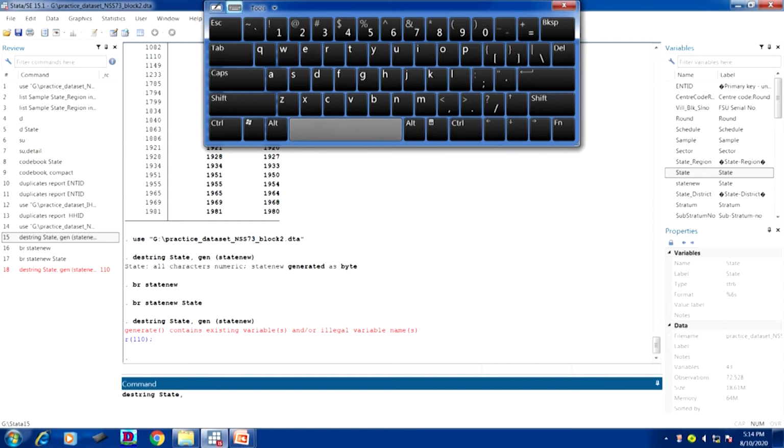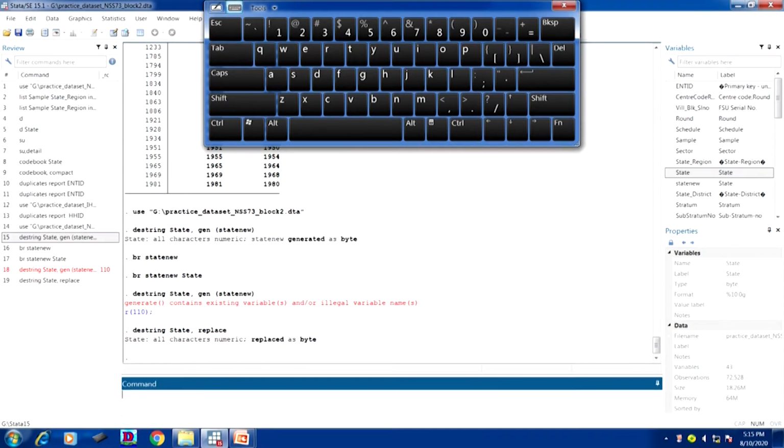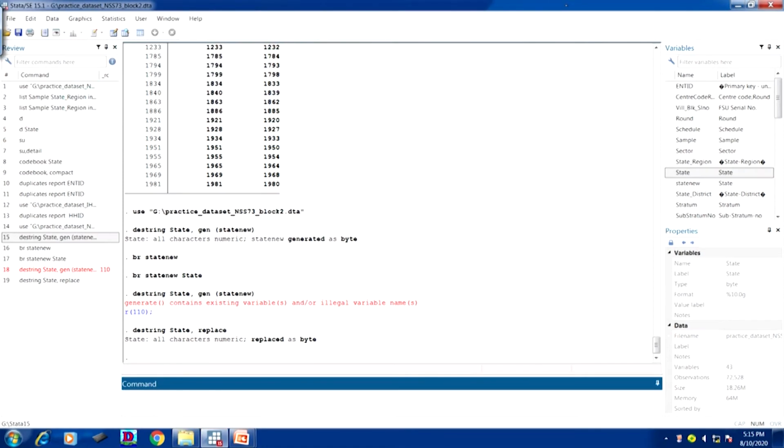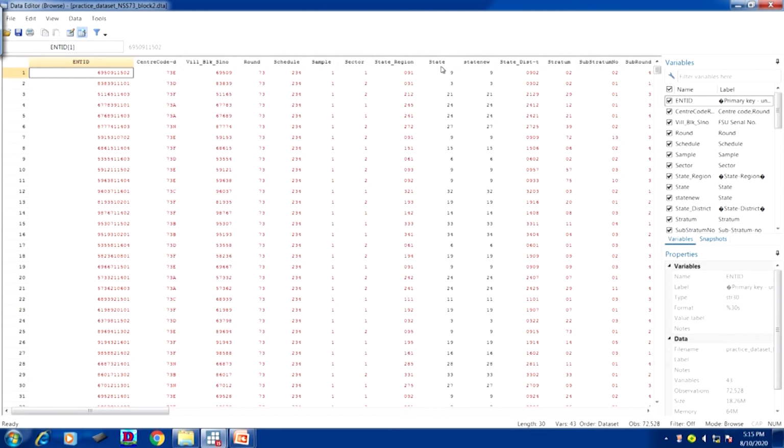Let us experiment: destring state replace, what does it give? It has actually replaced the original string; state is now in numeric format. Look at this, you compare state and new state. Since you have already replaced it with a numeric variable, now this is highlighted in black color.